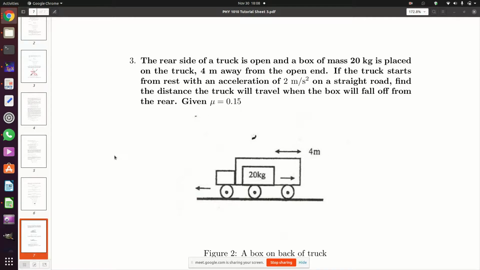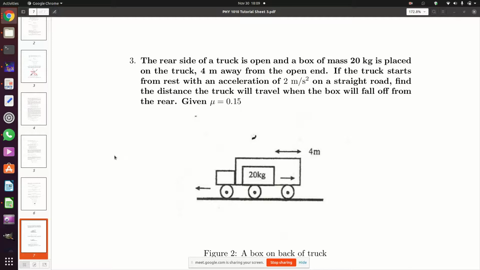Okay, so question number 3. The rear side, which is the back side of a truck, is open and a box of mass 20 kg is placed on the truck 4 meters away from the open end. If the truck starts from rest with acceleration of 2 meters per second squared on a straight road, find the distance the truck will travel when the box will fall off from the rear side, given mu is equals to 0.15. Okay. Now, before we start trying to answer